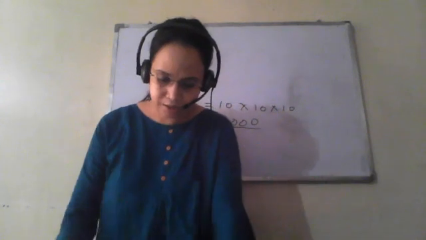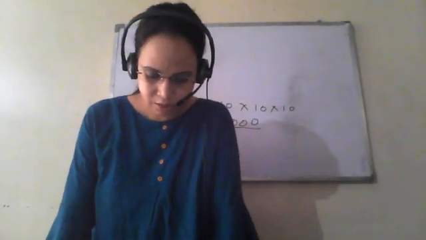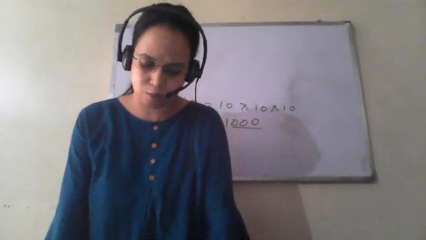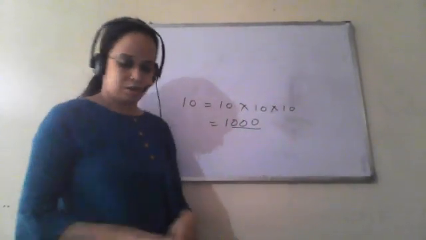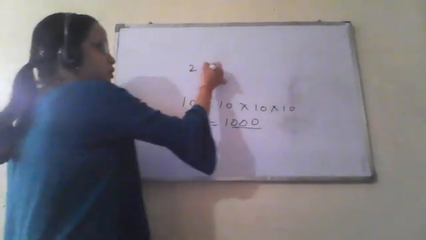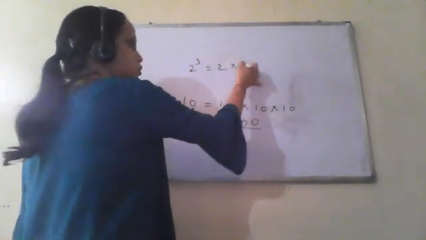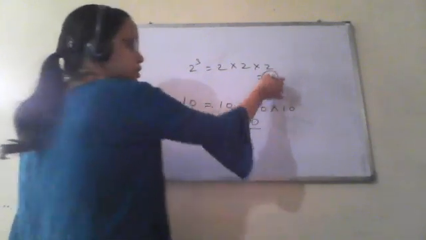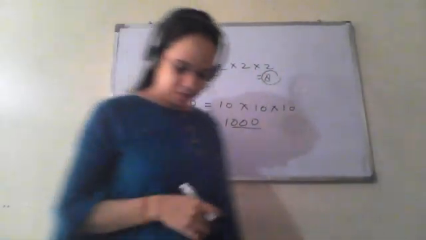If square of a number ends with 5, then its cube will end with 5. So this is not true. Cube can have any number, so it is not necessary. It will also end with 25. Next is there is no perfect cube which ends with 8. This is false. So cube of 2 is 2 into 2 into 2. So this is 8. 8 is a perfect cube, and so this statement is false.